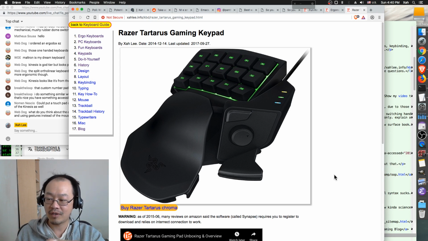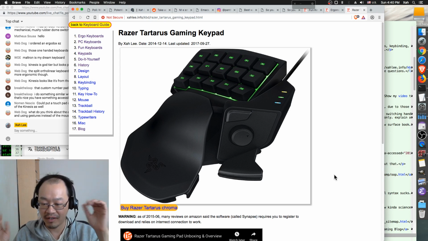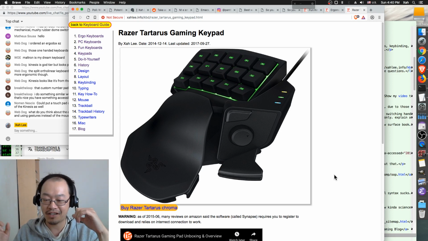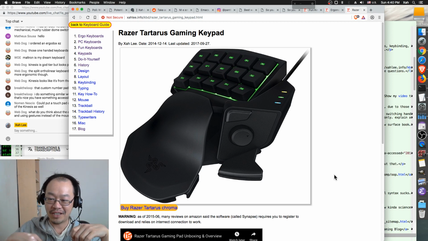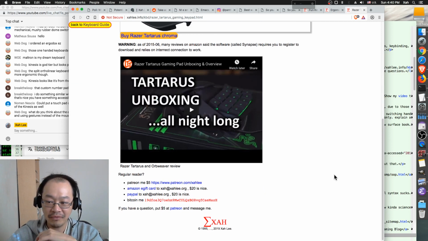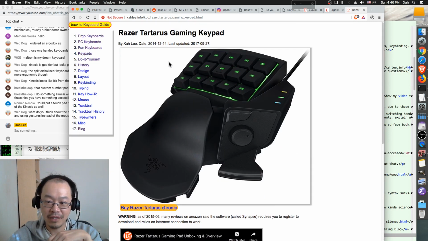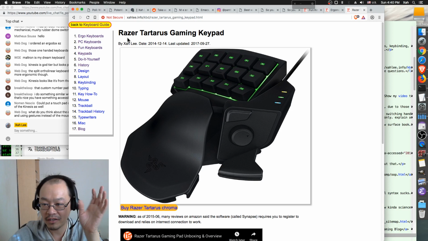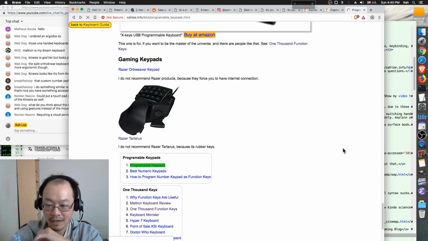They want you to install their app. Like Razer, they have the fancy word Synapse and you register an account. So you are always connected to their cloud. They also, of course, can monitor what you do. So never buy anything made by Razer. That's my recommendation. Never buy anything made by Razer.